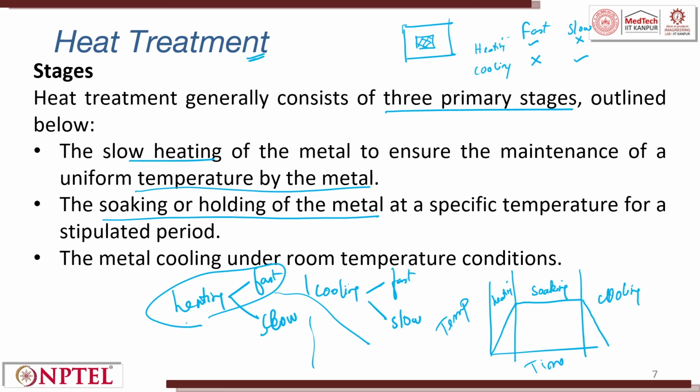And you know very clearly, since you have gone through the iron carbide diagram, the temperature has a clear response on the microstructure getting formed. The microstructure in turn has a direct response on the mechanical properties. So, you can have a slow heating, so that the entire material is heated. You can do soaking or holding, wherein the material is held at a specified temperature so that the transformation in the microstructure can happen, and then you have the metal cooling to room temperature.